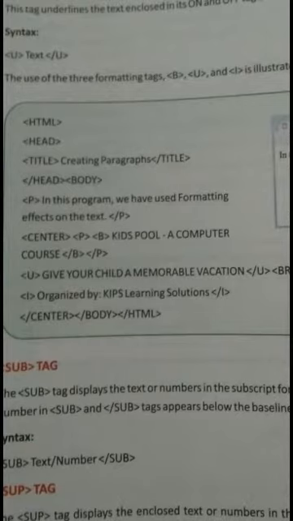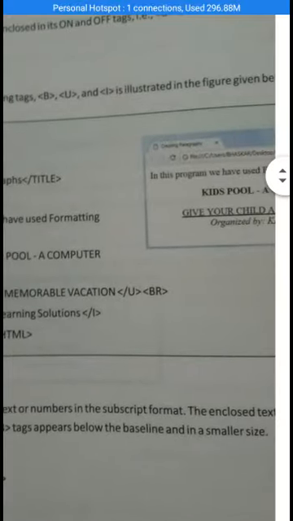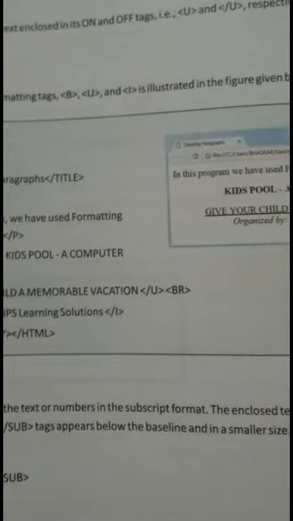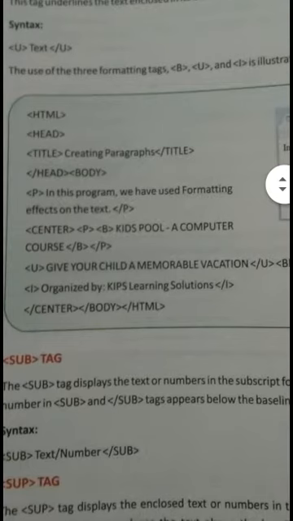The third line is in the form of underline. Hopefully the U tag is clear to you: U for underline, and whatever text is written in between U opening and U closing is printed as underlined text.